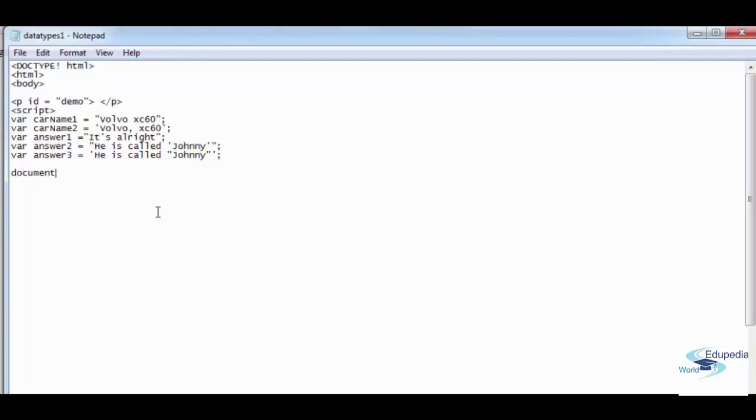Alright, let's do the document.getElementById demo .innerHTML is equal to, now we're going to concatenate them together and display them together in the way we want. carName1 plus break, plus, next line, just to make it clear, doesn't matter if you change the line. carName2, plus, add a line break, plus answer1,